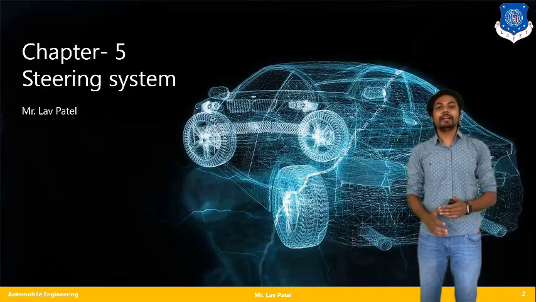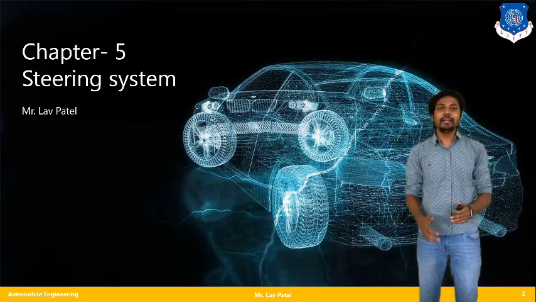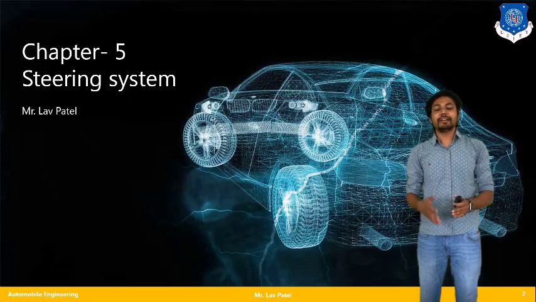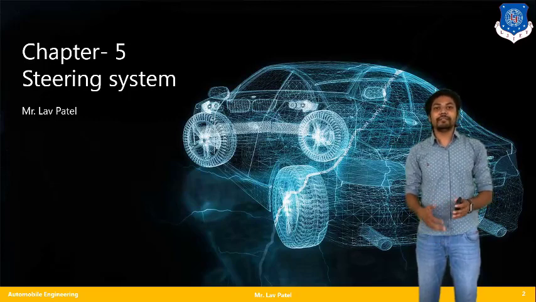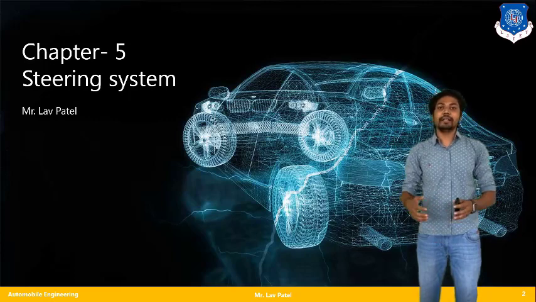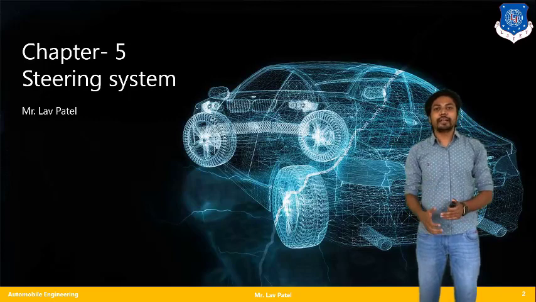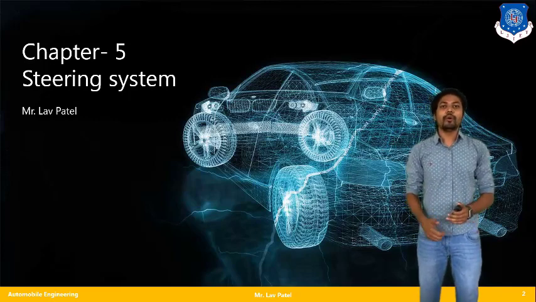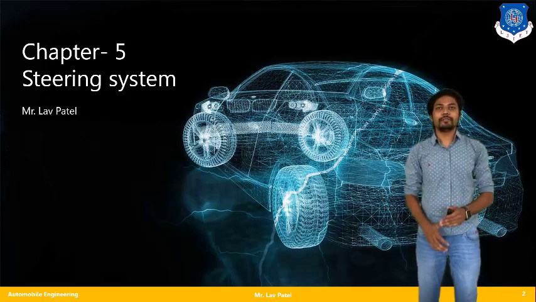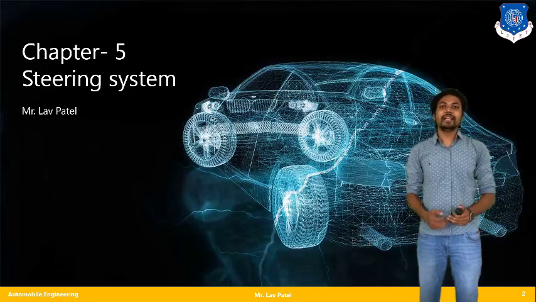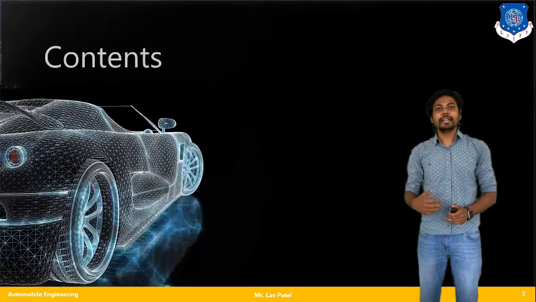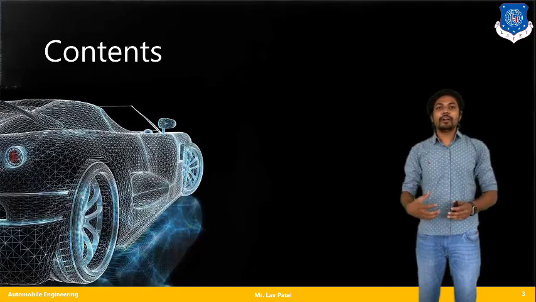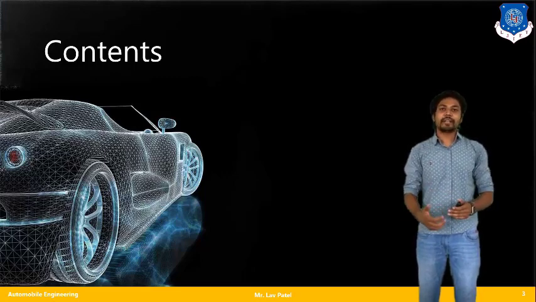So basically, we have learned so many things regarding the steering system, and in the steering system, there are several parameters we have to check and some errors that we have to identify. Depending upon those errors, I have to know how my steering is going to react, to check the performance of that steering system. So basically, the overall steering system refers to the overall driving condition of the car.